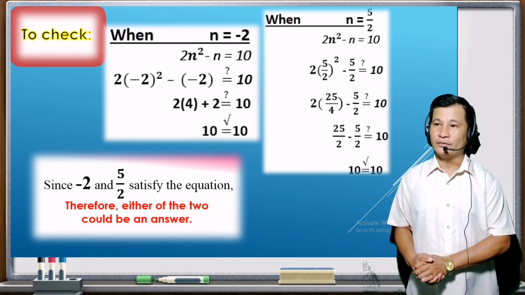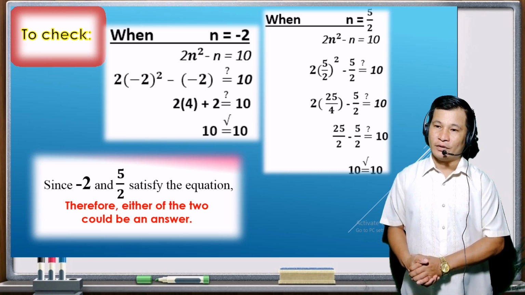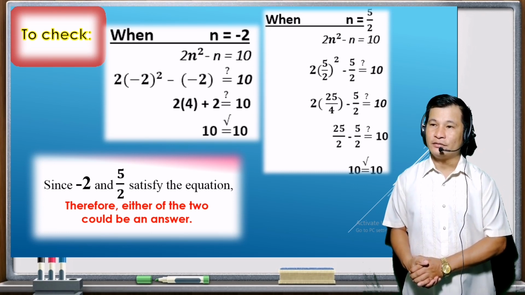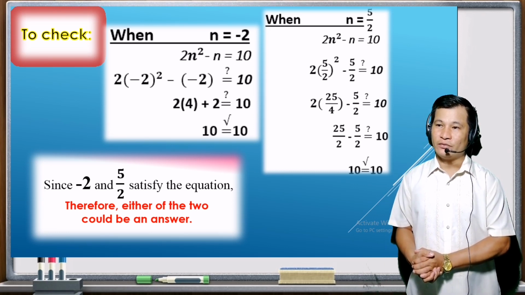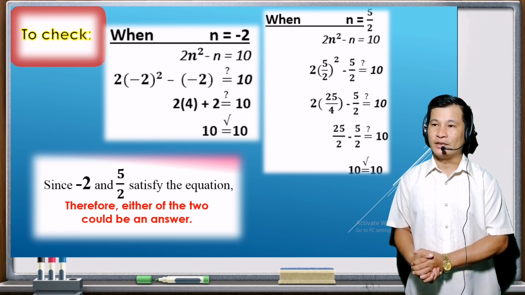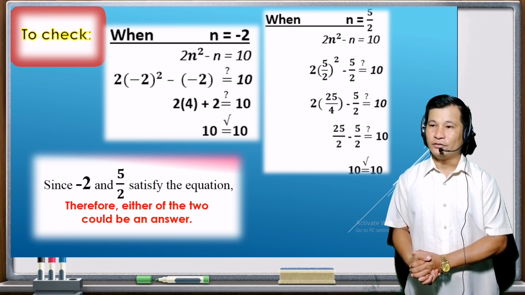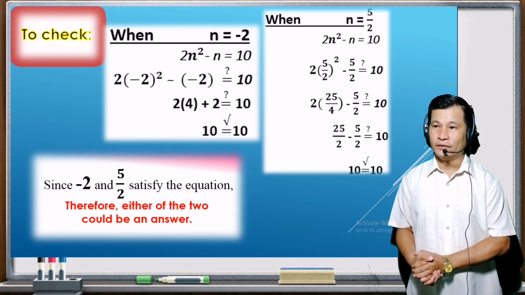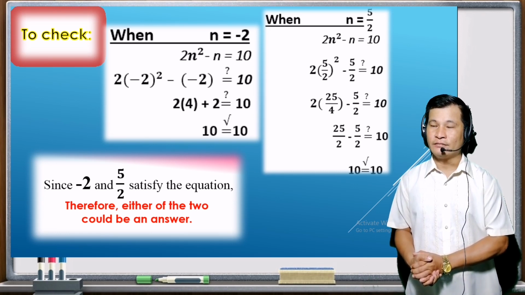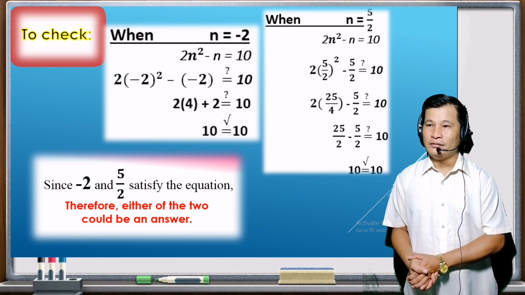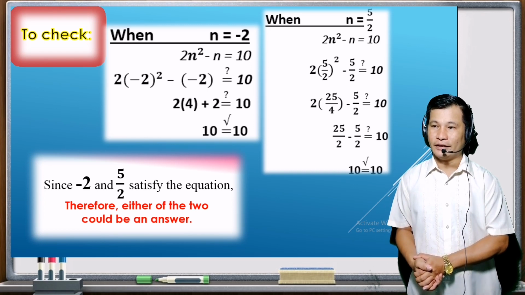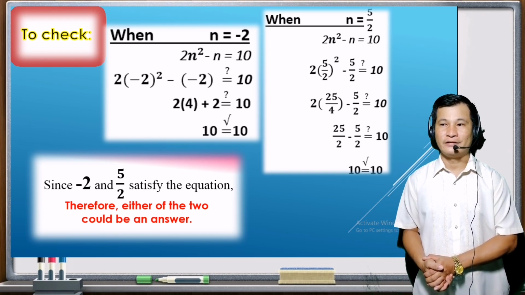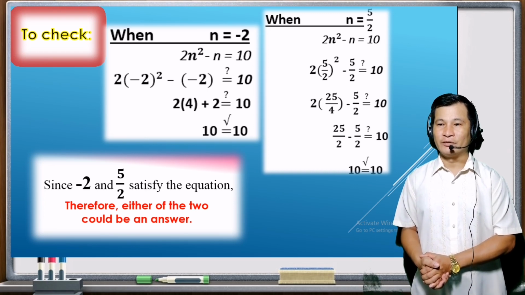When n equals 5 over 2, from our equation 2n squared minus n equals 10, we'll have 2 times the quantity 5 over 2 squared minus 5 over 2 equals 10. And then 2 times 25 over 4 minus 5 over 2 equals 10. And then 25 over 2 minus 5 over 2 equals 10. Then 10 equals 10. So since negative 2 and 5 over 2 satisfy the equation,